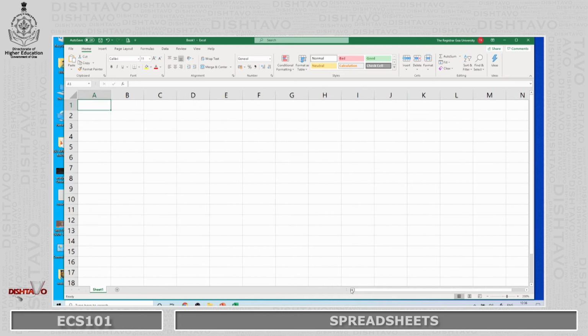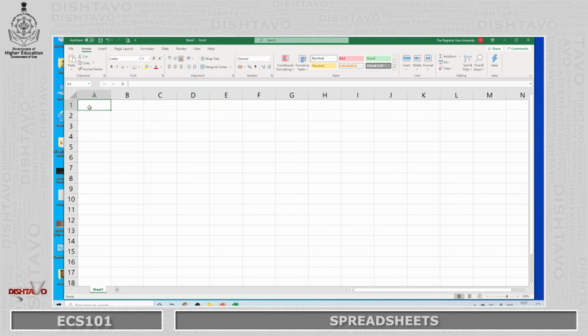Let me come back to the original. These horizontal numbers appearing on my spreadsheet are called rows. Rows are numbered in numerals or numbers. Columns are numbered with alphabets.